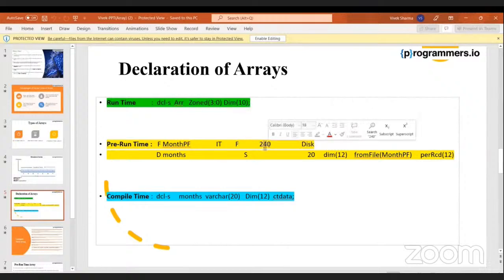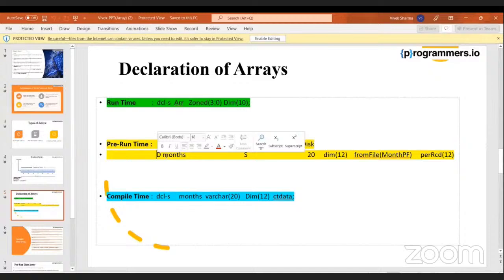And 240 is basically the record length of the flat file. And then DISK means this belongs to a physical file or flat file. And then the declaration of the array, so that is the D, and that is MONTH, the name of the array. Then it belongs to the external variable, and this 20 is the number of elements, the record length